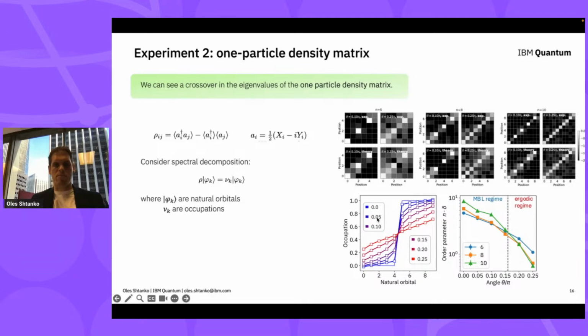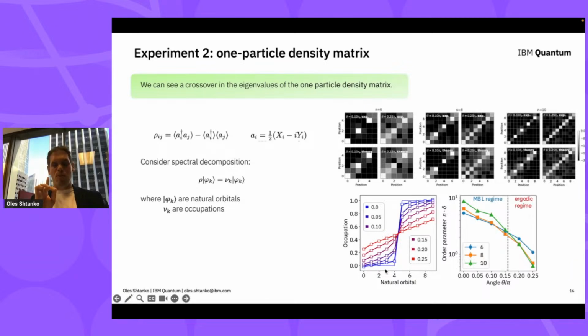So these numbers are your theta in terms of pi. However, if you take a small angle, you will see that your boson, which is flowing again in a bath of other bosons, cannot relax into some thermal state. It remains, has a memory about the initial state. And that's what this plot shows you.